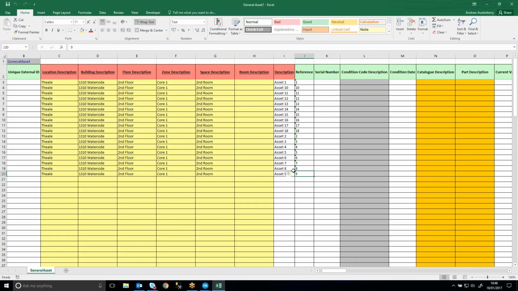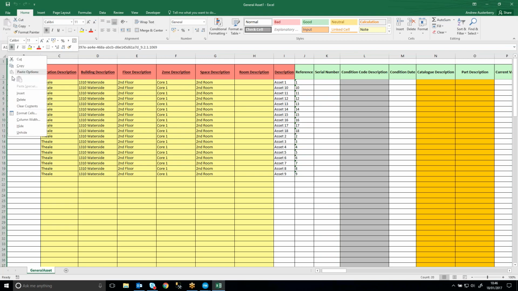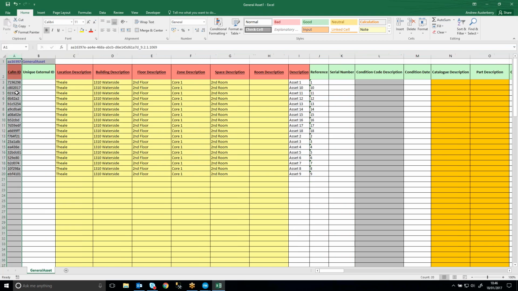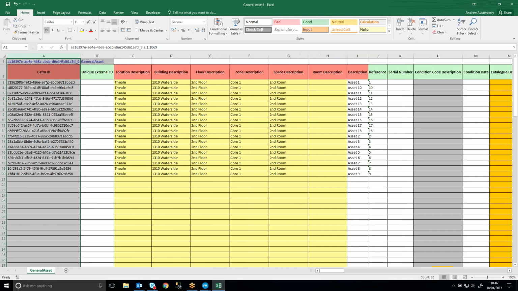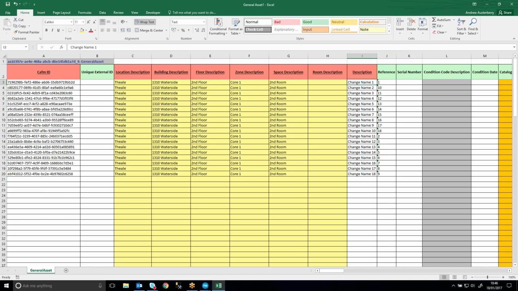As you can see, it reorders them in an alphabetical format, but the difference being they now have a CAFM ID. So there is nothing stopping me, once I've got them in the system, of renaming them and pushing them back into the system. If I save that now, save that,